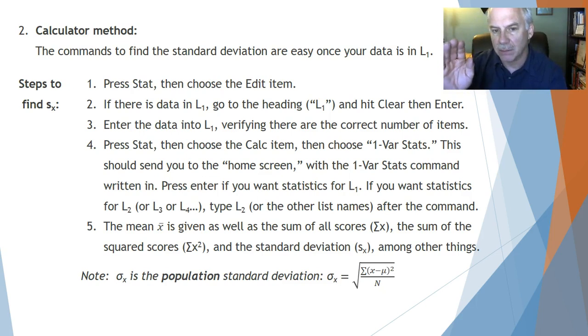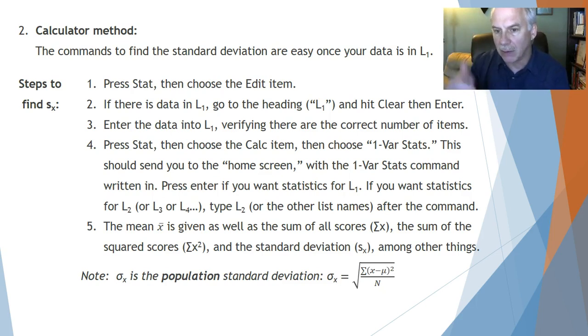So you got to move over to the pull down menu called calc, and then you're going to choose the first item there, one variable stats. Okay, now when you press one variable stats, it's going to send you to the home screen, and then it'll write the one variable stats command there, and then you have to press enter again